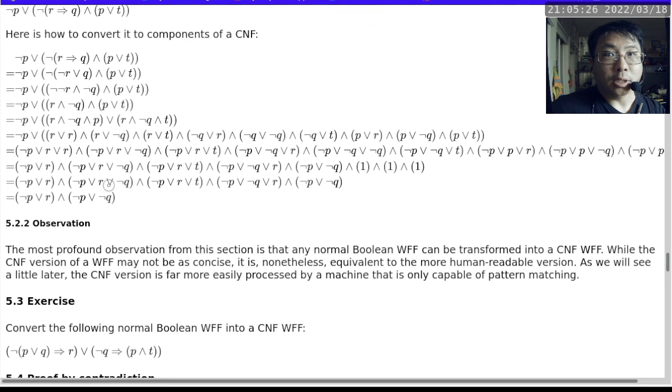This is the one that is more general. The same thing applies to this one here, because not P or R or T has not P or R in it. It's just ORing one additional item. Since everything is connected by conjunction, you can toss the more general one, because the more specific one